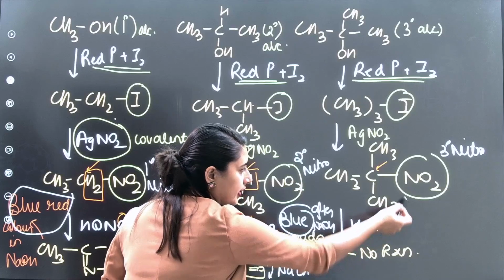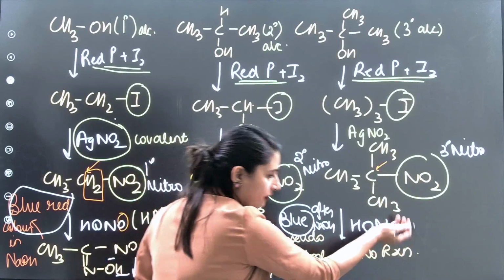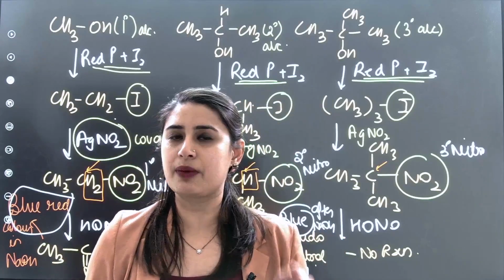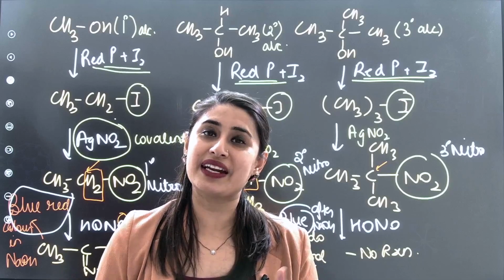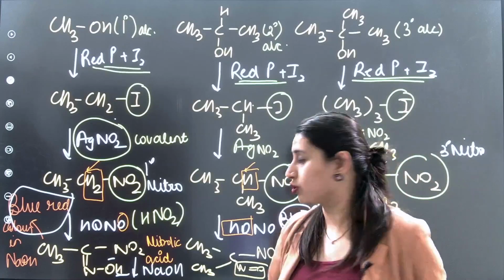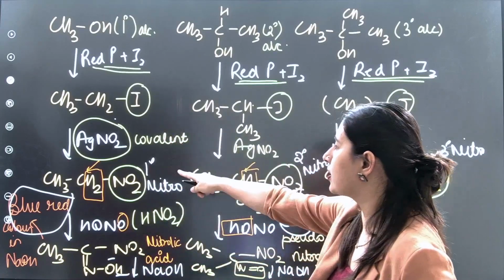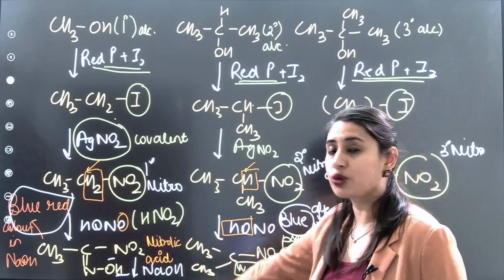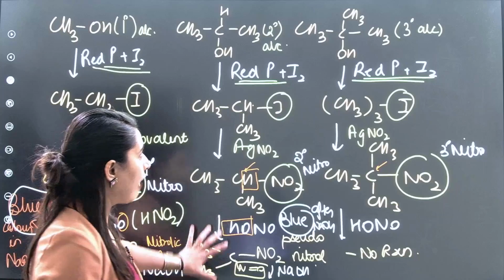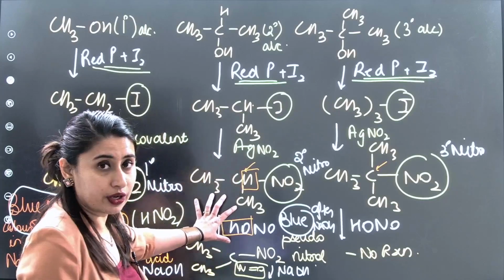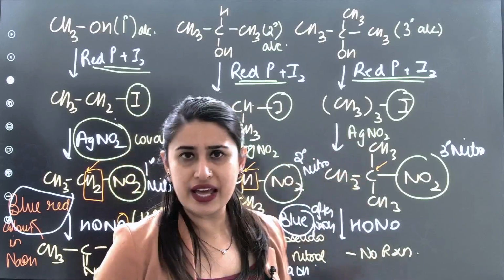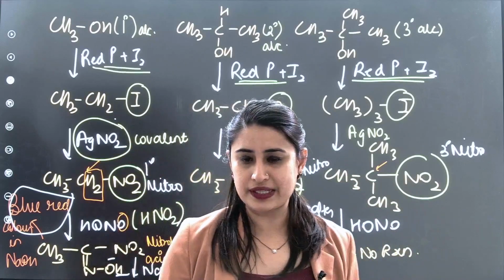Now here in the 3 degree nitro, because there was no reaction whatsoever, even if you add NaOH, nothing will happen. So Victor-Meyer test is very interesting because you understand how to detect the nitro group, and of course it's a test for 1 degree, 2 degree and 3 degree alcohol also. 1 degree alcohol after adding red phosphorus I2, AgNO2 and then nitrous acid and sodium hydroxide will give you a blue-red coloration, whereas 2 degree alcohol after adding red phosphorus I2, AgNO2, HONO and then NaOH will give you a blue precipitate. But 3 degree, no reaction after you add nitrous acid. I hope this is clear.